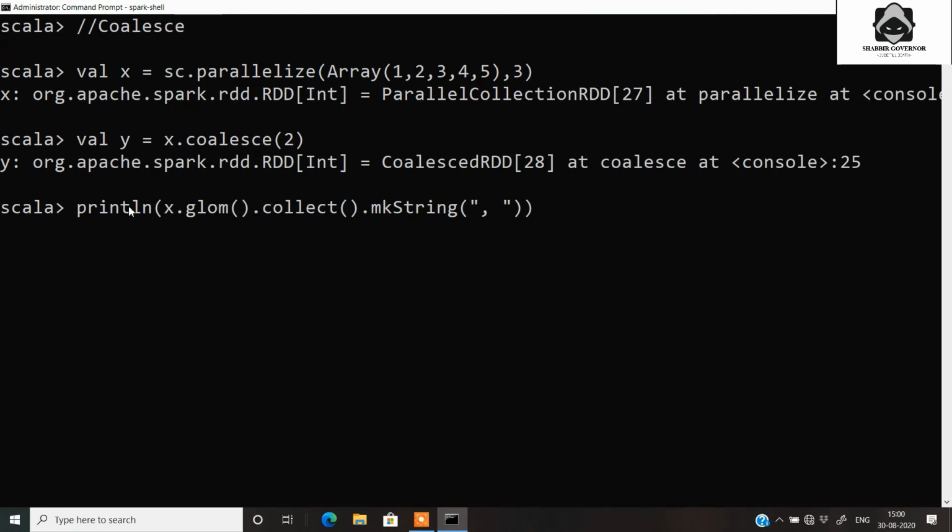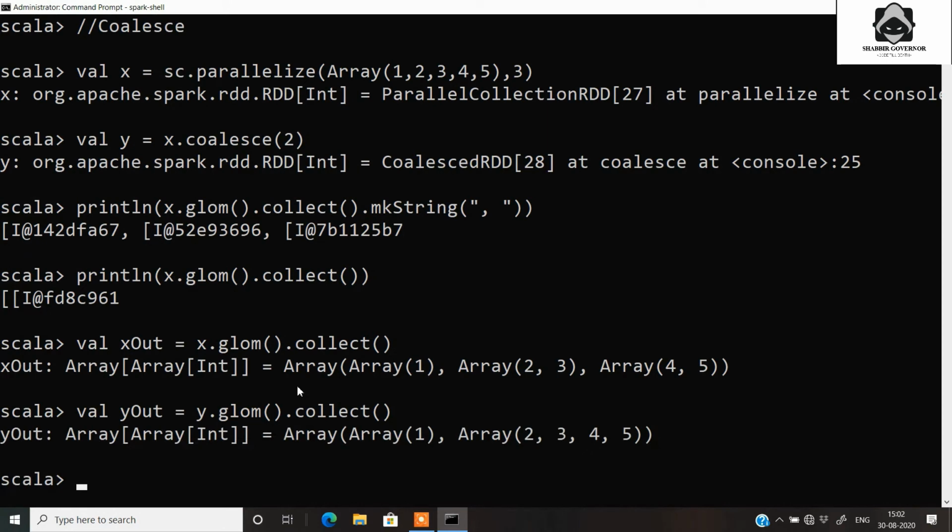Using the glom function we flatten it. So we write a separate variable x, and on that variable we apply x.glom to see the output. We can see that we get an array which was originally of 3 parts, and after applying the coalesce function on the RDD it gets converted to an array of 2 parts.